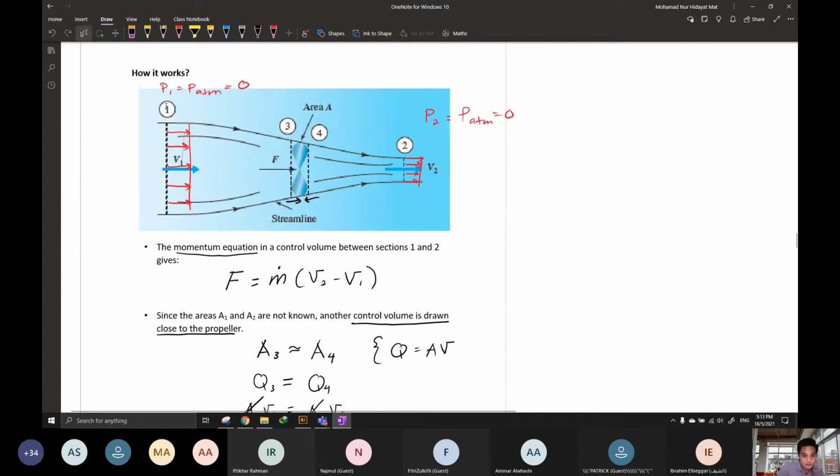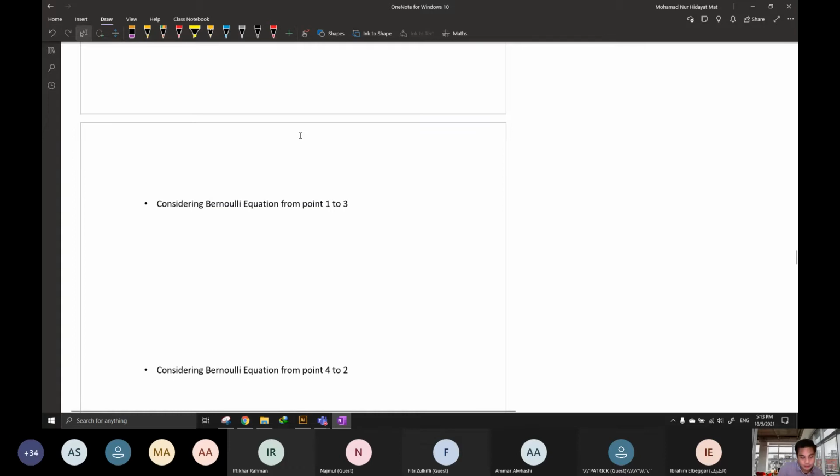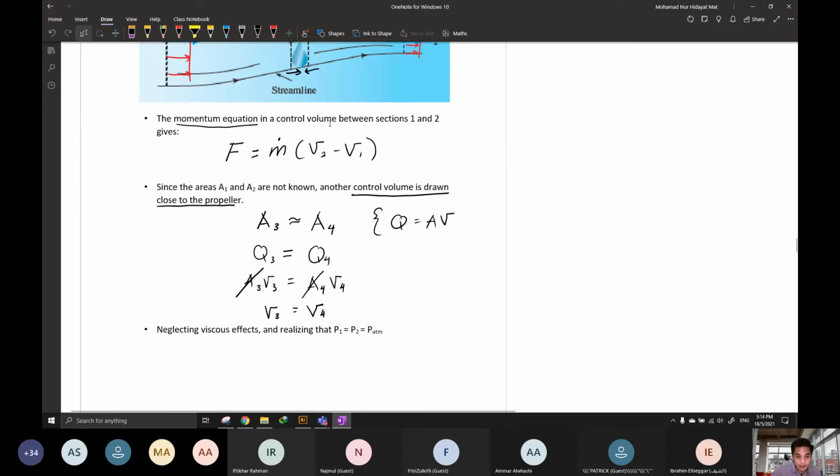We start with the pressure first: P1 over gamma plus V1 squared over 2g plus Z1 equals P3 over gamma plus V3 squared over 2g plus Z3. This is the Bernoulli equation. Since points 1 and 3 have the same height, thus we can